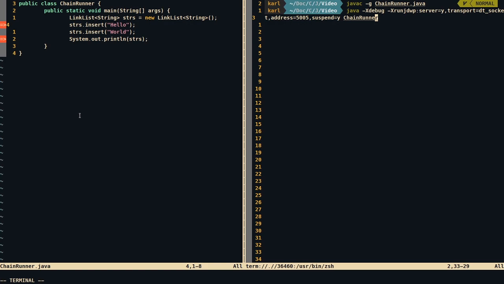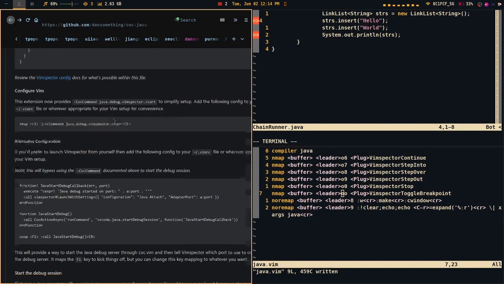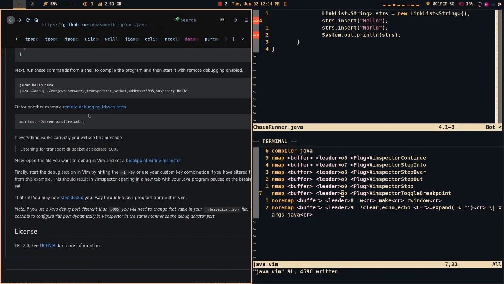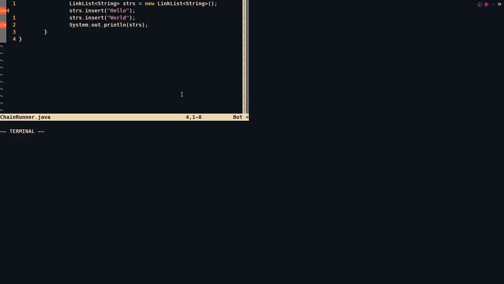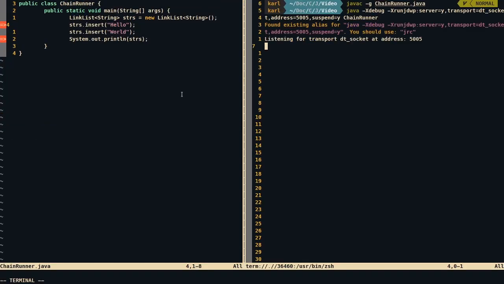This is again just following the README, except you want to replace the class name with the class you want to debug. So you run this, and it should say listening for port. Basically, it's going to listen for a debugger at this port, and this is where we're going to start